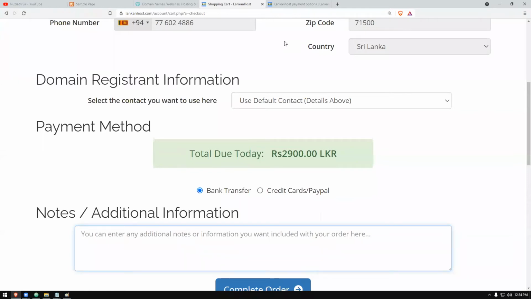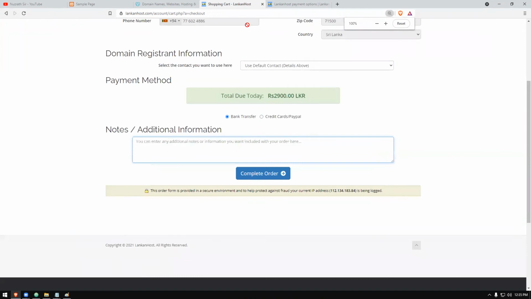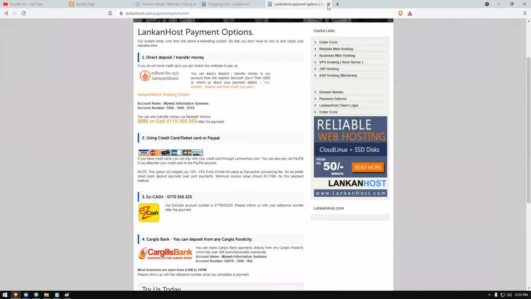So you tell them your website name, hnd4850.com, and that you have deposited from the Mavanella branch. You send the transaction code and the date of deposit. Once you inform them, within 15 minutes they will set up the website for you. Now we will assume that we have paid the amount and have sent the payment details to our service provider. Then we will receive an email in our inbox. I'll show you that part as well now.